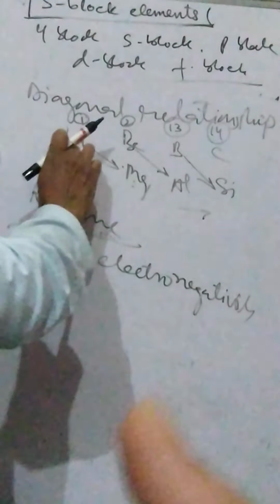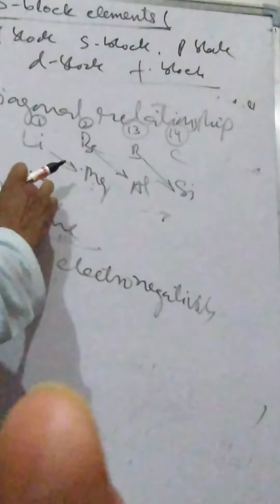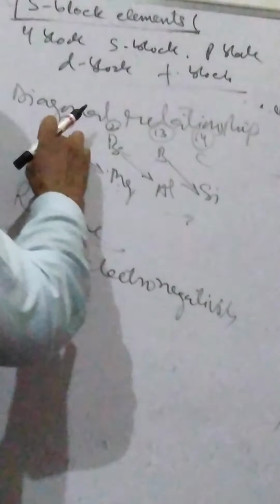Similar is the case with ionization enthalpy. Ionization enthalpy also increases as we move right in a period, and it decreases as we move down a group. So when we move simultaneously, right and down, it increases and decreases, so there is no net increase or decrease. So this is the justification for diagonal relationship in properties of elements.